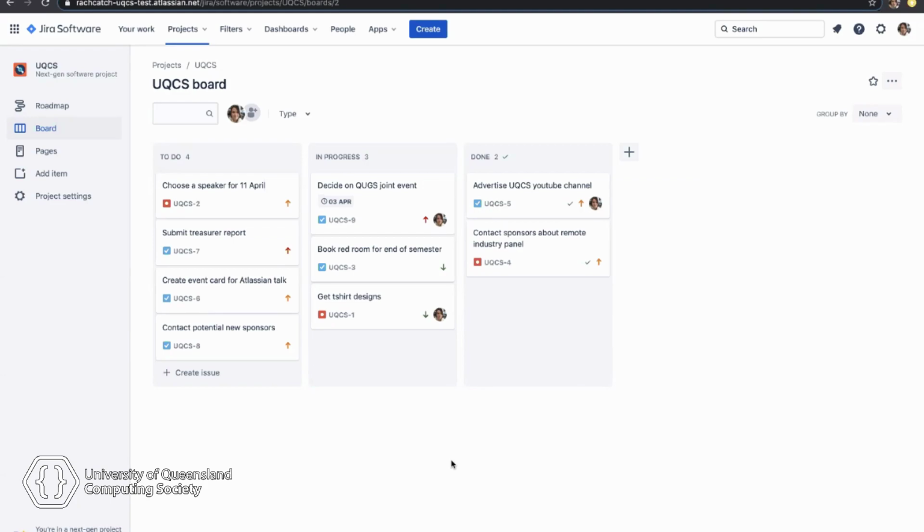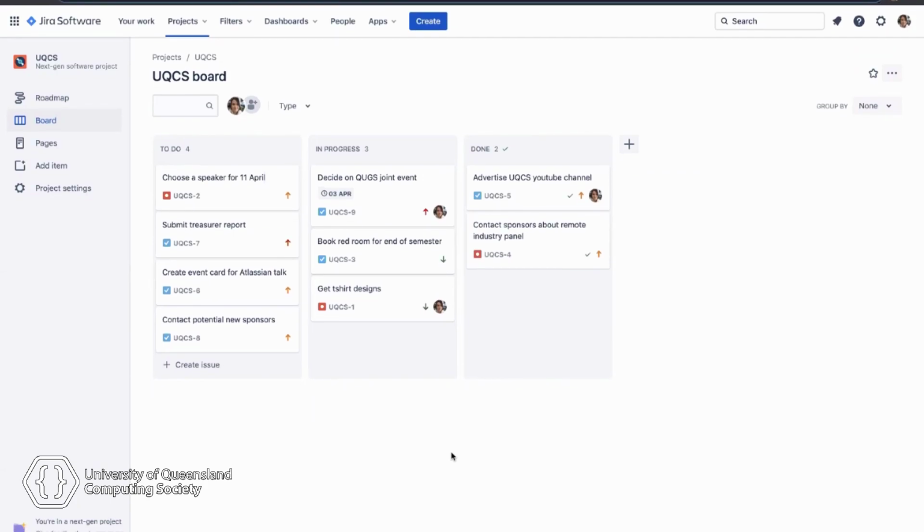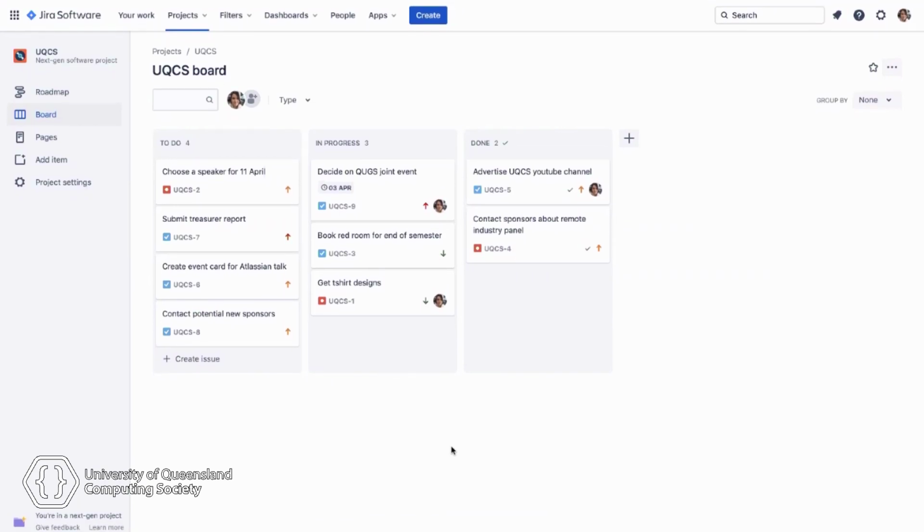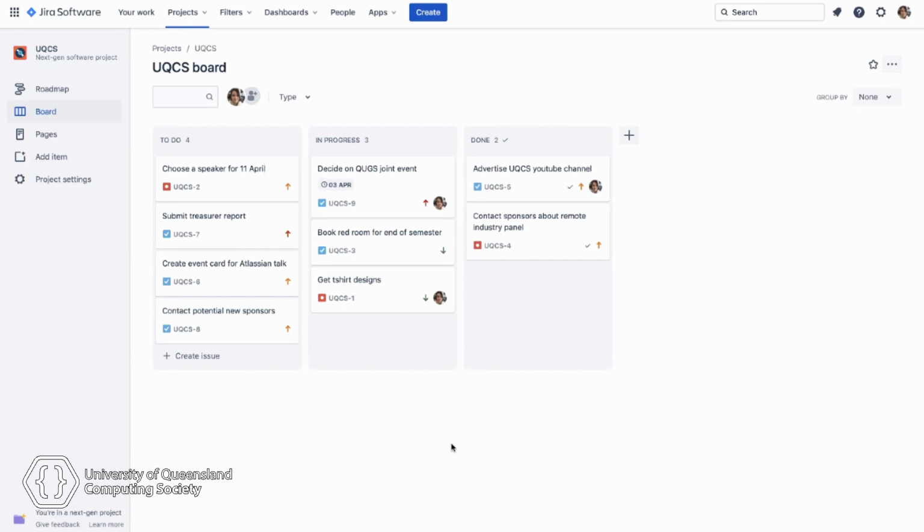So if you're not familiar with Jira, it's task tracking software. It's sort of like Trello if you've used it. And it's intended for teams so that they can keep track of what everyone's doing, keep track of what needs to be done. So the sort of dummy project I've set up here is from the perspective of a team like the UQCS committee who might want to collaborate on things together and might want to keep track of what they have to do. So